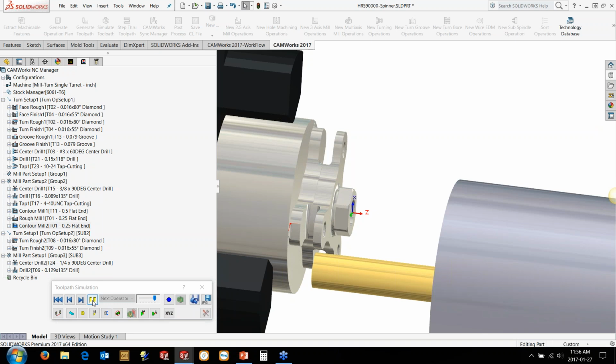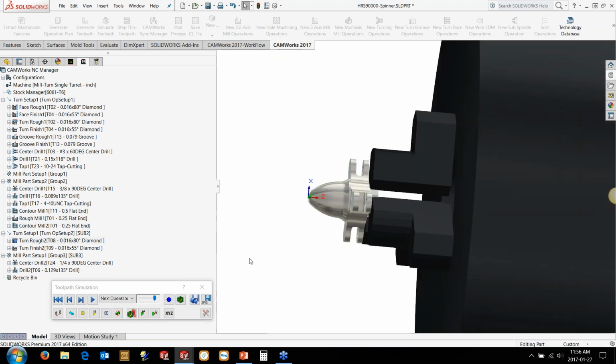Now the subspindle's got it, and now we're doing the OD profile. But there was nothing in there to transfer it over to the subspindle. So currently, it's as if I manually programmed it and then pulled the part out and chucked it in the subspindle manually. So I'll show you how we go about defining those. So there's the toolpath, but